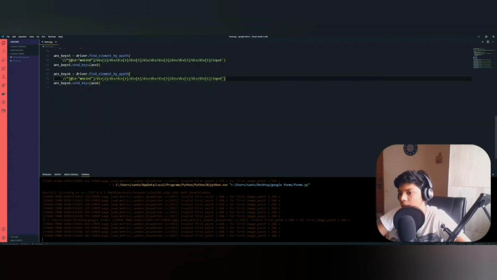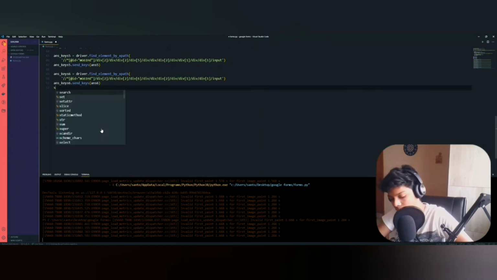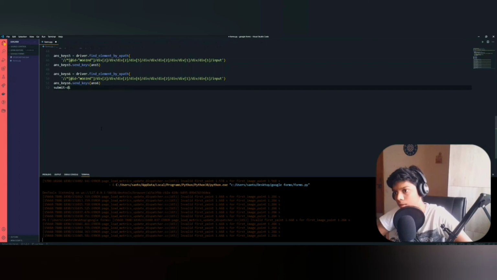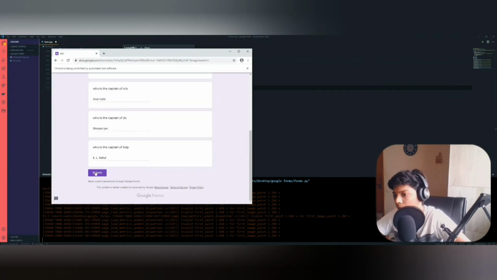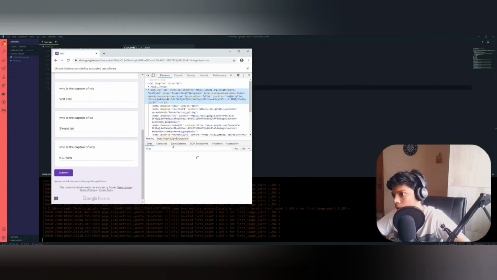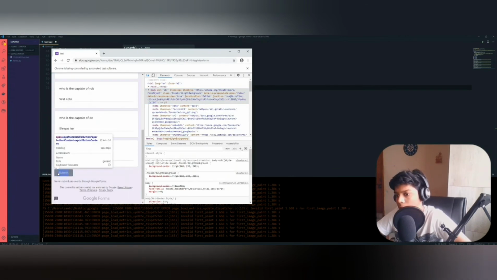So you can just create a variable submit. You need to copy the XPath. Let's copy the correct ones.